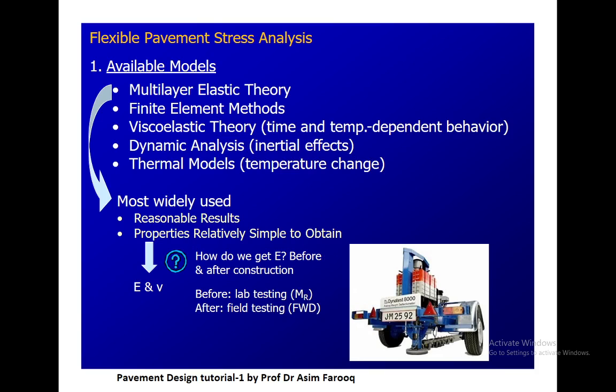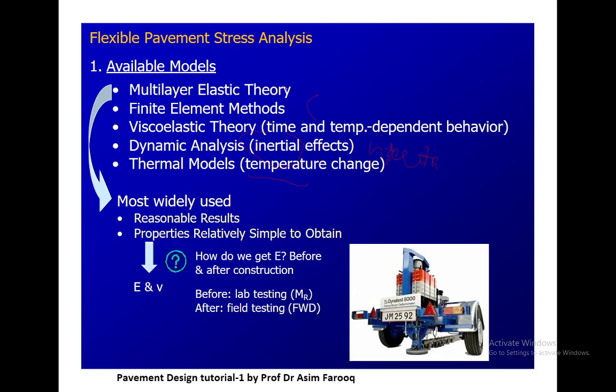Thermal models are used when we have temperature variation and changes, dynamic whenever we have changes in inertia, while viscoelastic is only dependent on time and temperature, while the FEM is kind of finite,